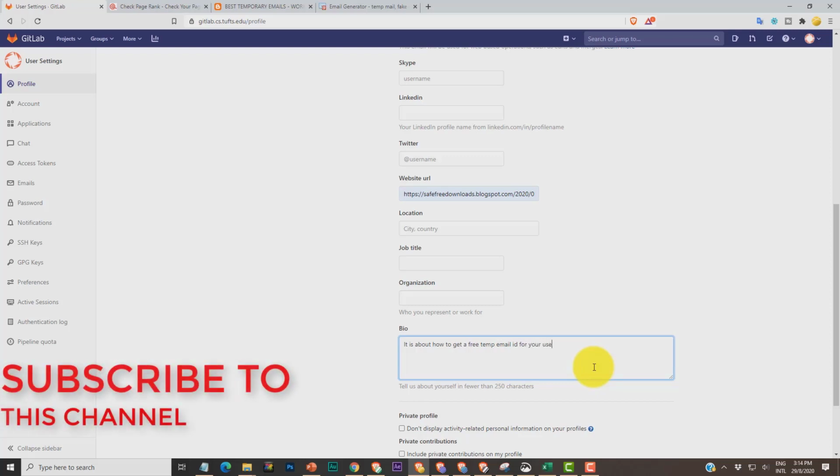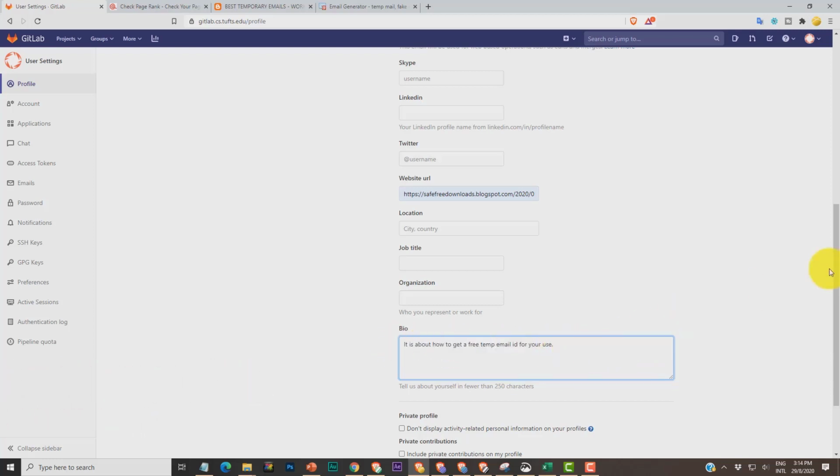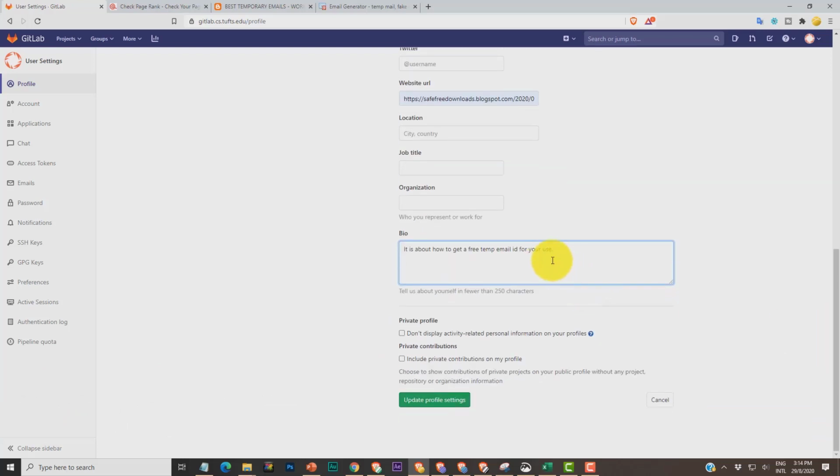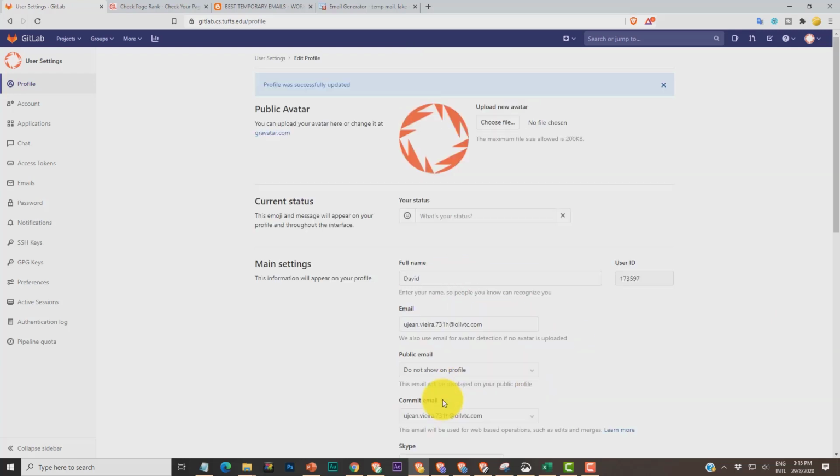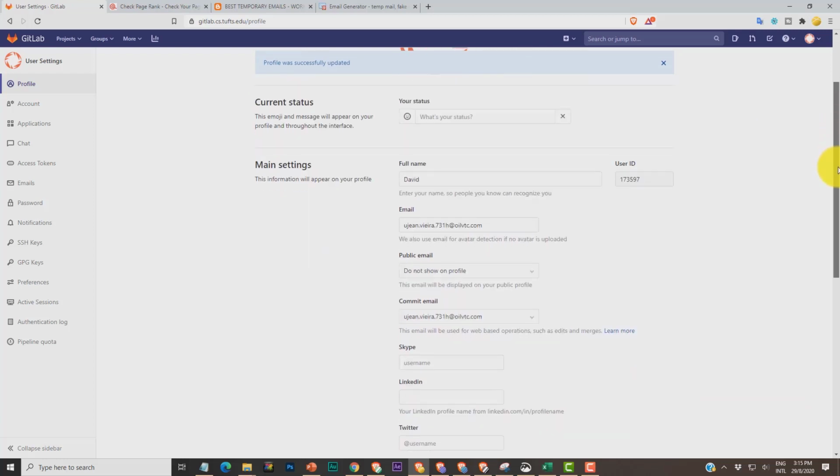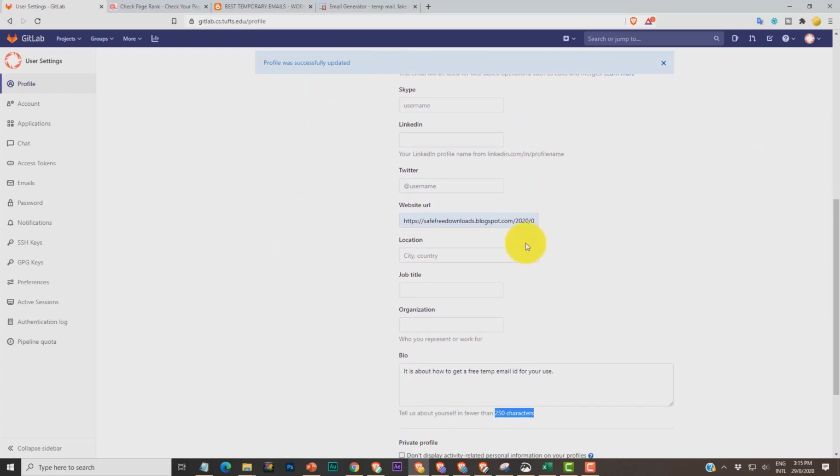So I will not add in more of these things. I just maybe copy the same, only one single sentence, but I suggest you put in around 250 characters, then it will be good. Once you are done with this portion, you just click on update profile. Once you click on update profile, your profile has been updated, your link has been added and